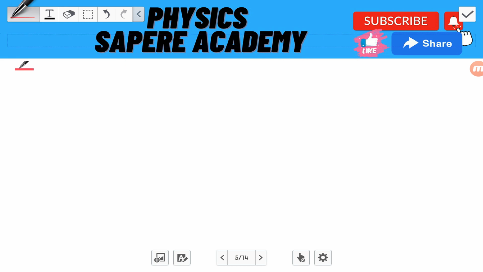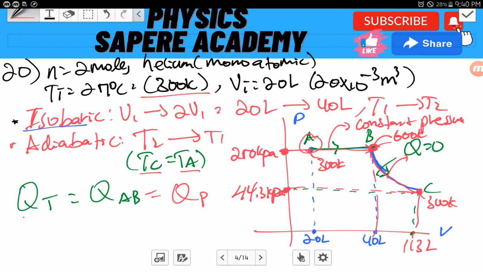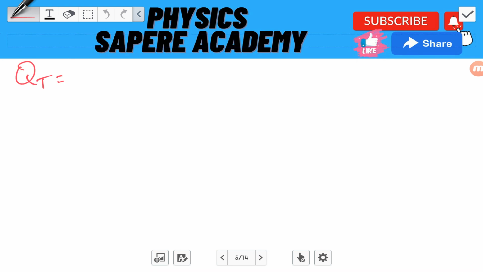Now after this the second question is what is the Q total? Now the Q total is equal to the summation of all the heat terms. ከዚህ ወደዚህ ያለው የአይሶባሪክ ከዚህ ወደዚህ ያለው የአዲያባቲክ, አዲያባቲክ ላይ q equal to 0 ስለሆነ the q total is going to equal ከA ወደ B ለመሄድ የሚያስፈልገኝ ሂት ጋር እኩል ነው የሚሆነው. And that amount of heat ደግሞ equals to qp, that's the amount of heat በኮንስታንት ፕሬሸር ላይ ገባው because እዚህ ጋር ያለው ኮንስታንት ፕሬሸር።